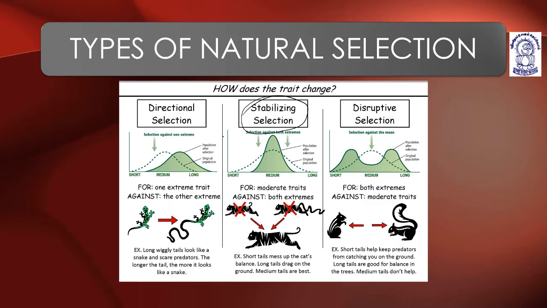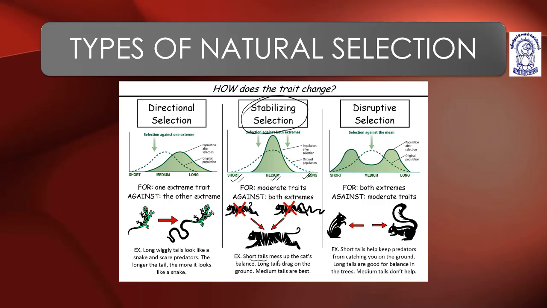This is the stabilizing selection. You can see the selection against both extremes. So both the extremes are depressed, and that is why the curve becomes narrow. Okay, short, medium, long. For moderate ones, against both extremes, the extremes were left over and the moderate ones they were